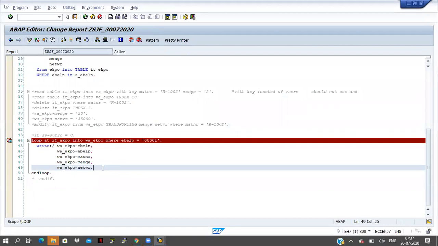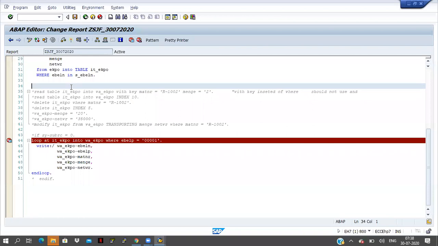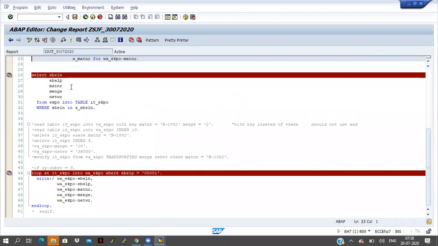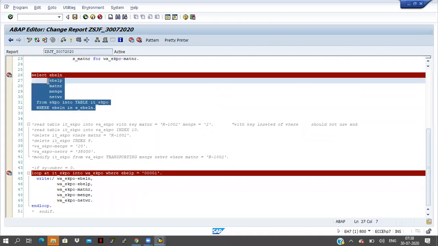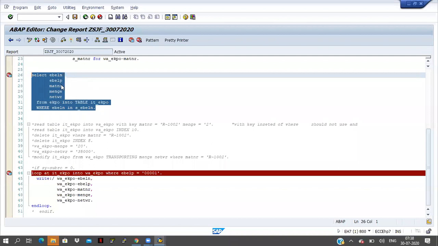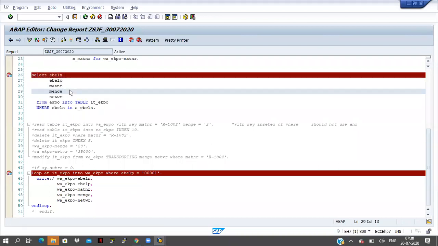Index means, here I am writing a select query, taking 1, 2, 3, 4, 5 fields. Sometimes you are fetching a lot of records, and at that time it takes a lot of time to fetch the data from the database table and execute this select statement.